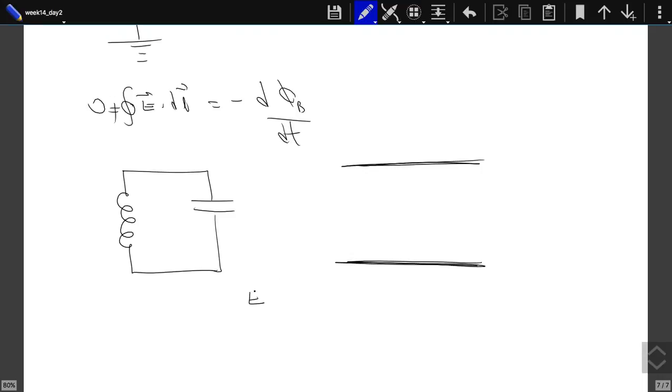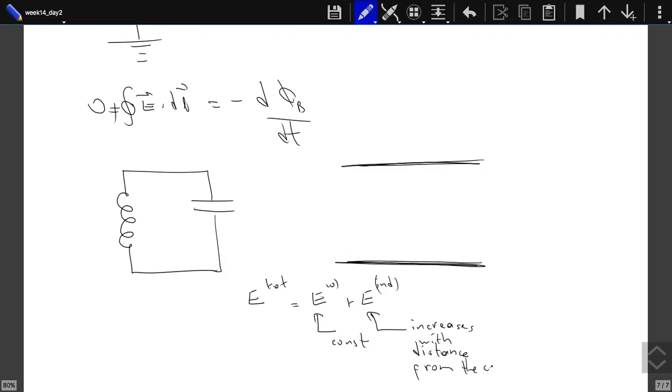The total electric field will be E0 plus E induced. E0 is constant, but the induced electric field increases with distance from the center. So at some distance from the center, the total will be zero. If the total electric field is zero over here,